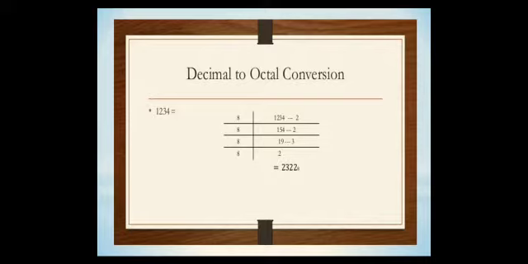Okay, here I am taking a decimal number divided by octal number. Here 8 into 154 means 1232. Finally we get the remainder is 2, and same way for the others. Okay, other remainders we can take from downward to upward. Finally we get the octal equation like this. So this way we can do decimal to octal conversion.